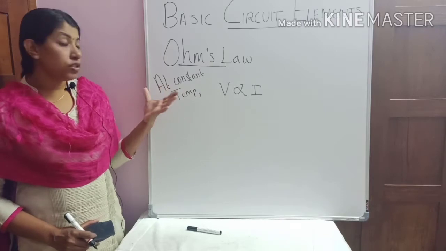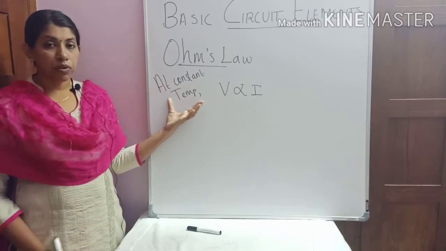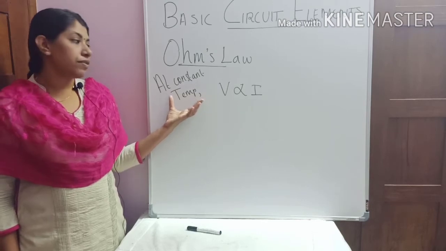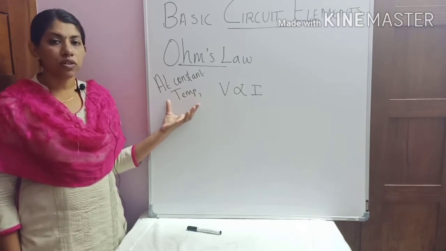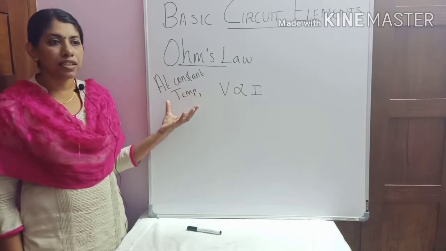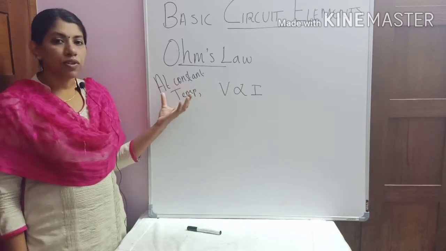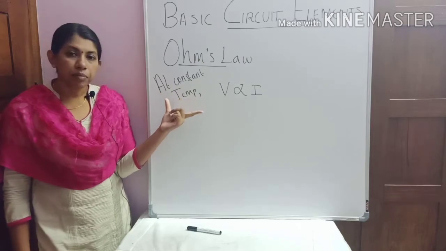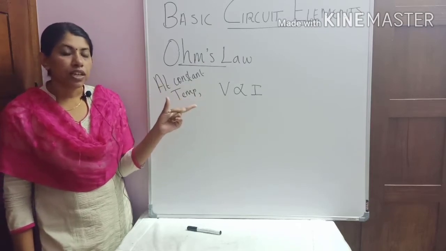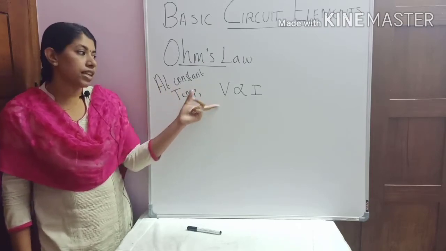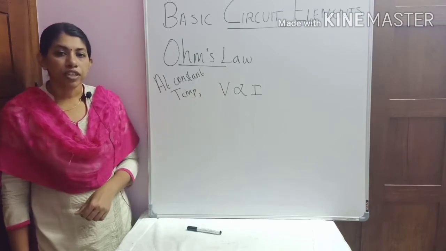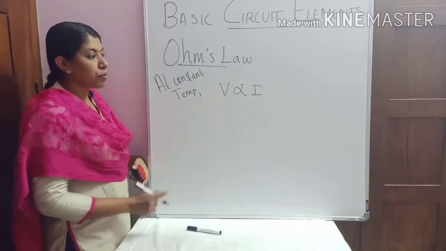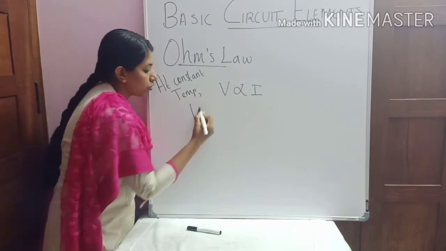So Ohm's law, this particular portion is very important, because Ohm's law cannot be applied if the temperature factor is not constant. At constant temperature, that is, physical and environmental conditions are always considered constant while applying Ohm's law. So at constant temperature, the current through a conducting material is directly proportional to the voltage across the terminals. And to remove the proportionality, we will put a constant.